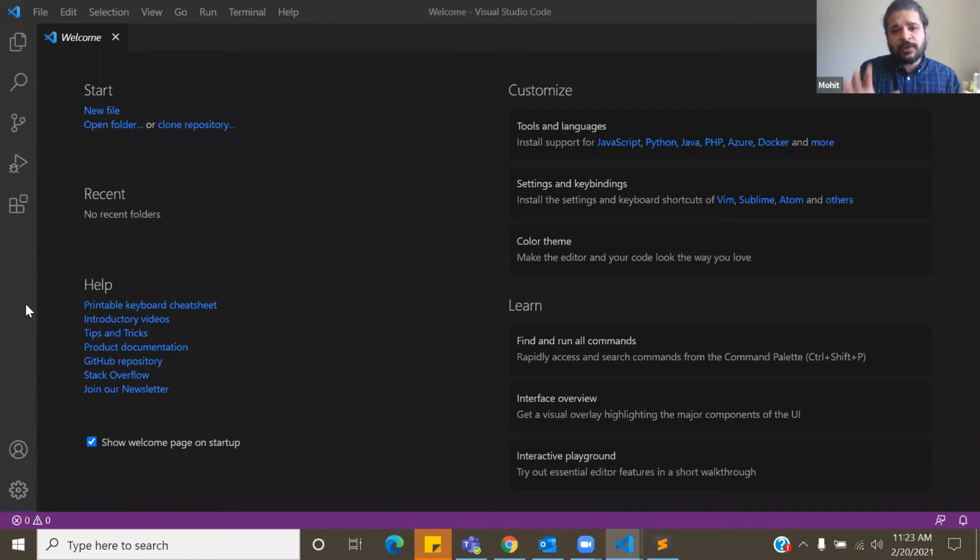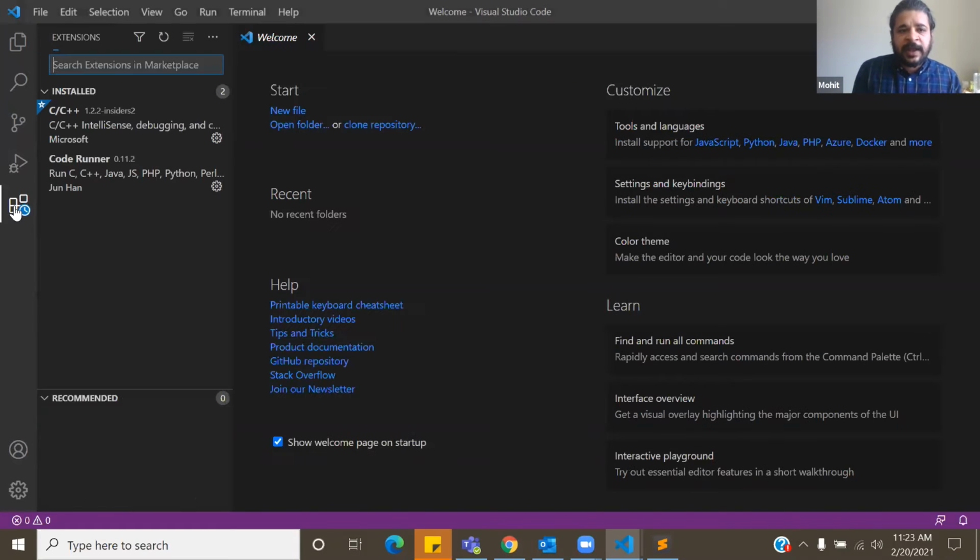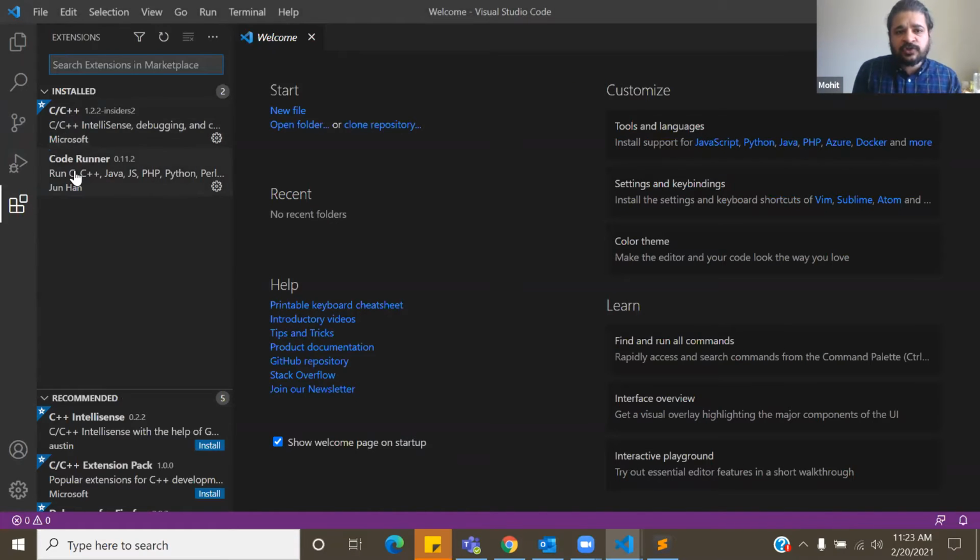Okay, so after you get here, the most important thing is to go to extensions. The first thing you would like to do is click on extensions, and make sure that you install these two extensions on your computer in order to run C++ and C. It's not like when you have Visual Studio Code, you just write the code and it's going to work for you. No, you have to install these two specific